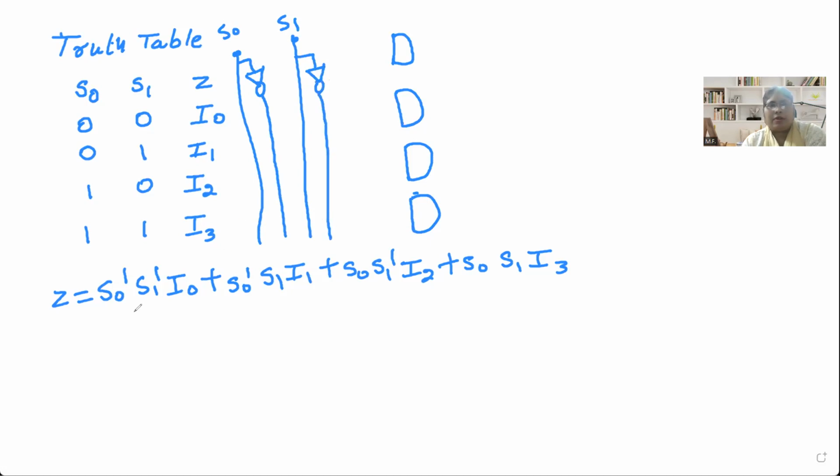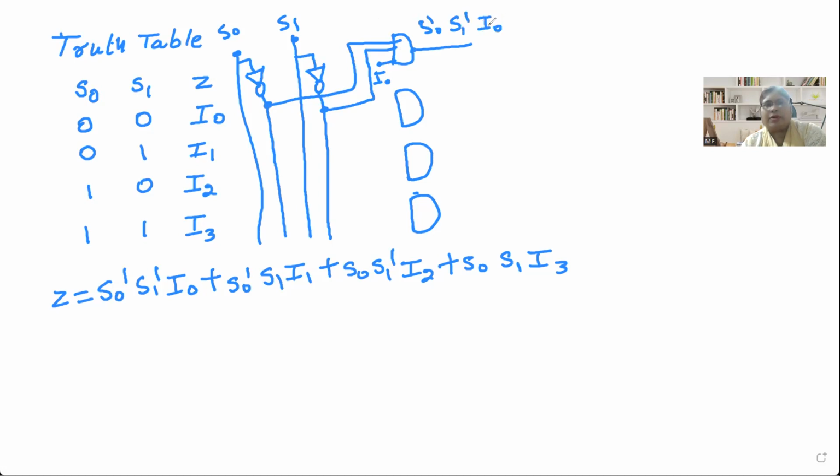So see, on first AND gate, S naught dash, S1 dash is required and I naught is required to connect. So I'm connecting here this here and from here. So this is S naught dash, this is S1 dash, and I want to connect input I naught here. So I'm writing here I naught here. So output of this is equal to S naught dash, S1 dash,